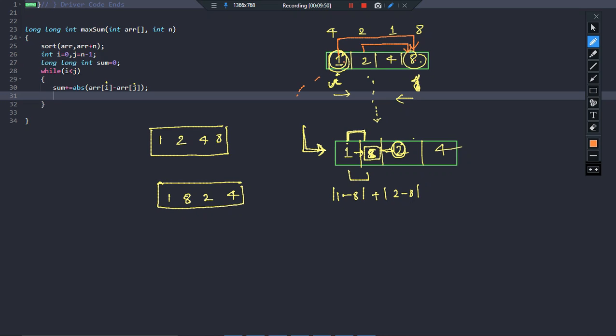If you see here, this is the smallest element, this is the largest element, the second smallest element, the second largest element. So basically you can see that 1 and 2 are adjacent, and between them this element 8 has been introduced, right? So which means that